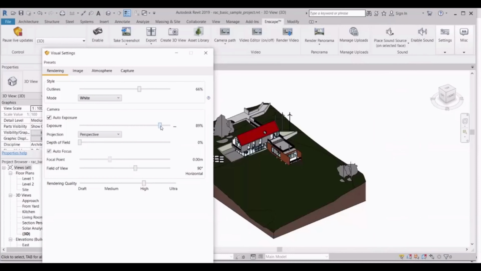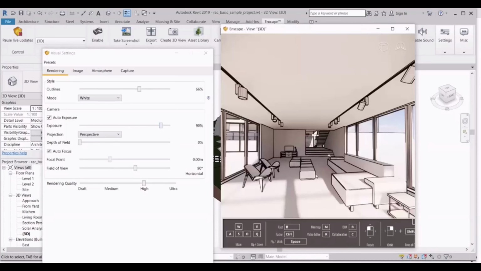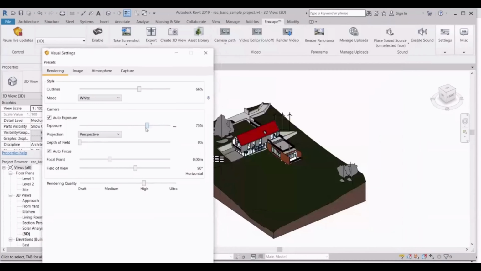Let me show you. If I increase the exposure, you get more brightness. For a realistic effect, it is better to choose 50%.